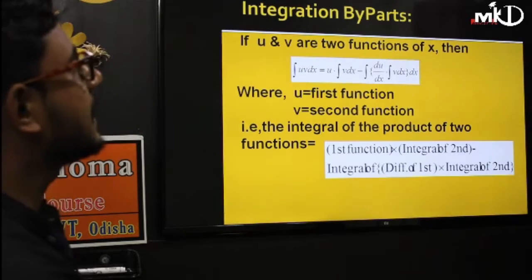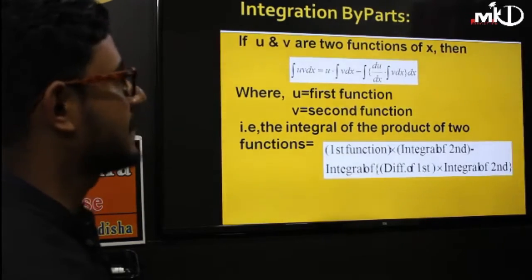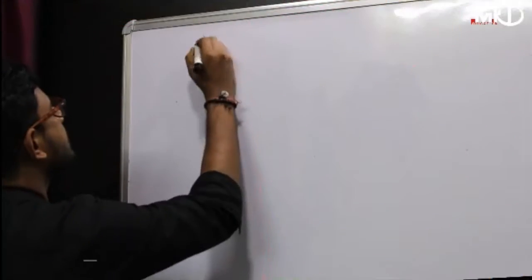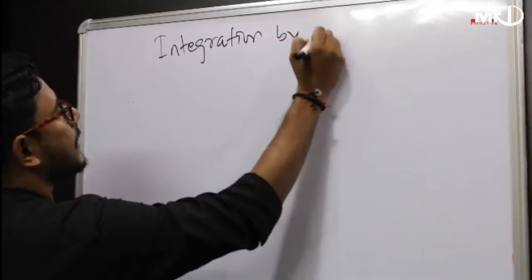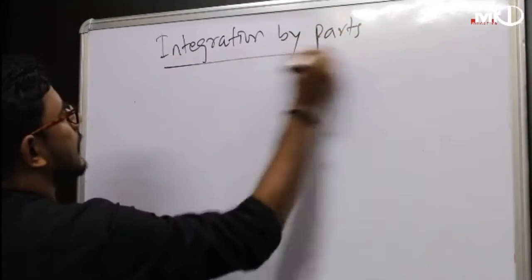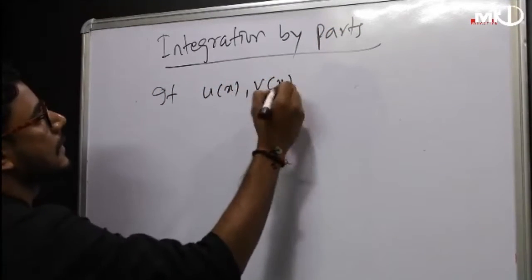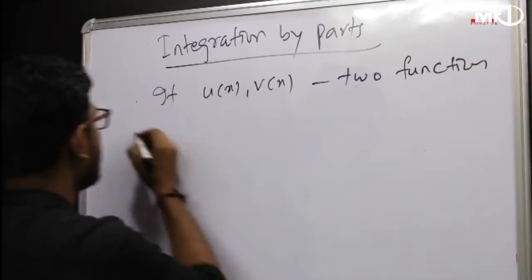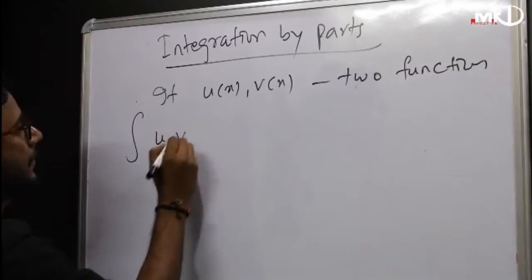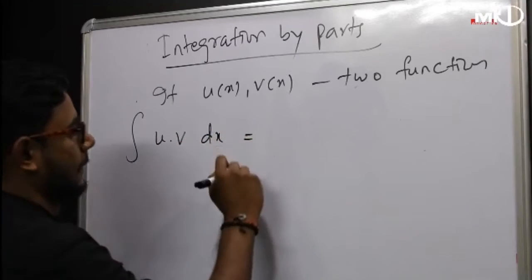Now we study another method to find out integrations. So this is called integration by parts. Integration by parts says, if u(x) and v(x) are two functions, then the integration of their multiplication is